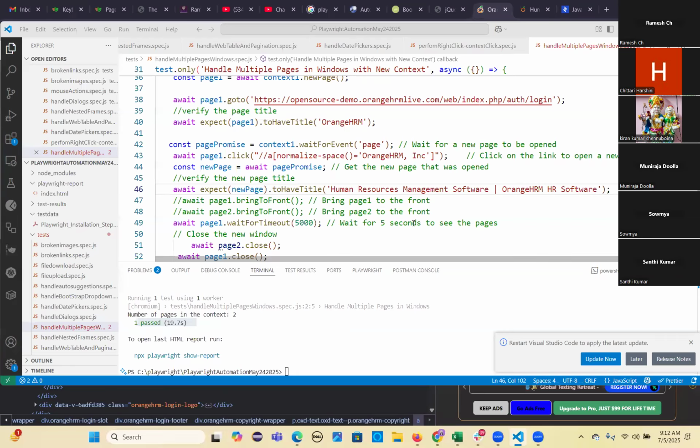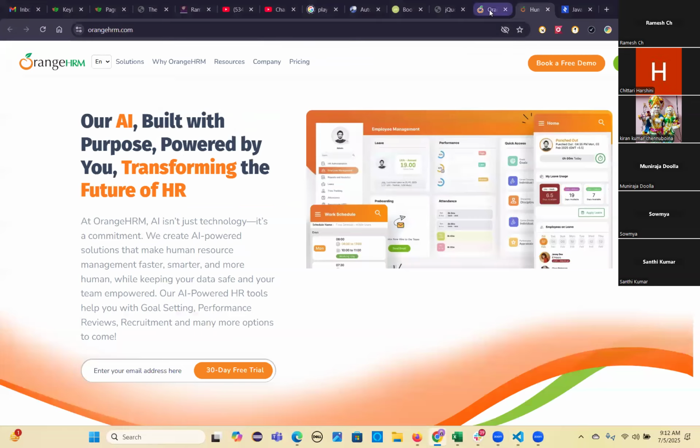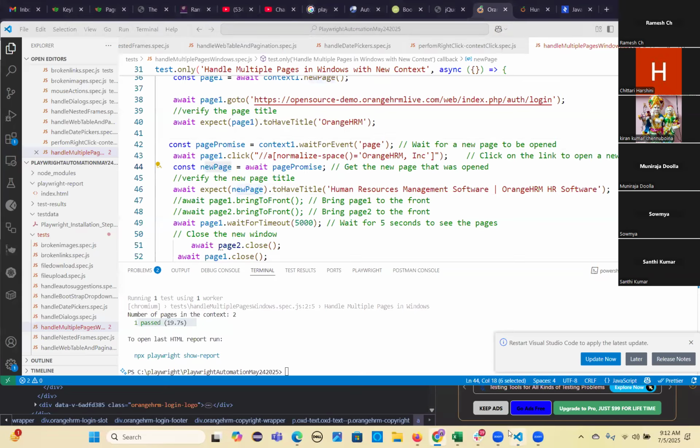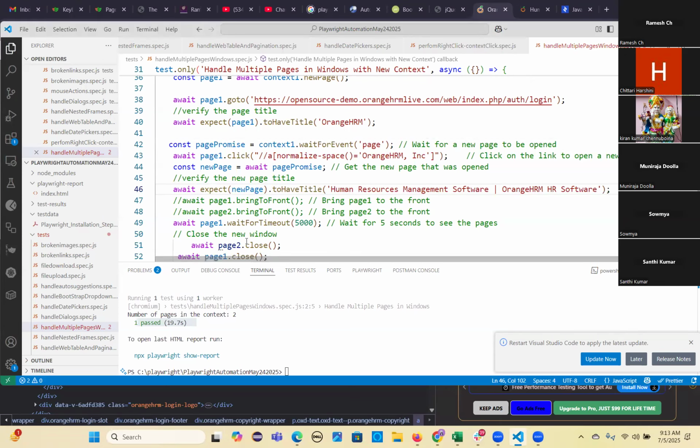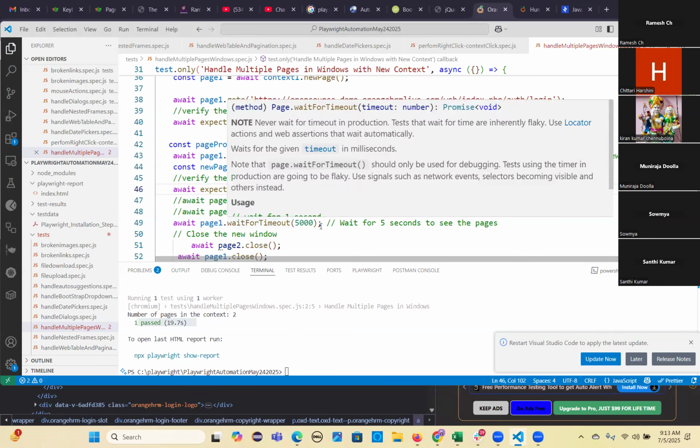Okay. So once you return the promise and assign that promise to a new page, that is a new page. From that page you perform whatever actions on that new page. Now you use this new page reference and perform the actions on that page's elements, or whatever you want to do on that new page. Once you do this verification, if you want, you can wait for this page some time and